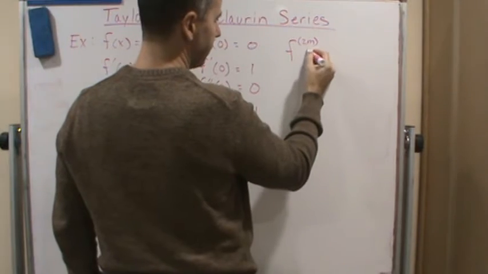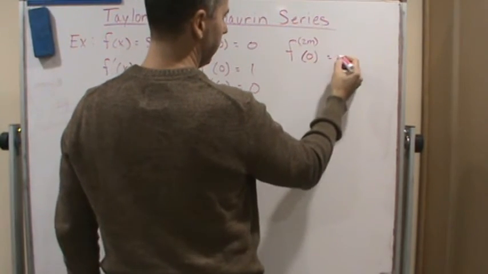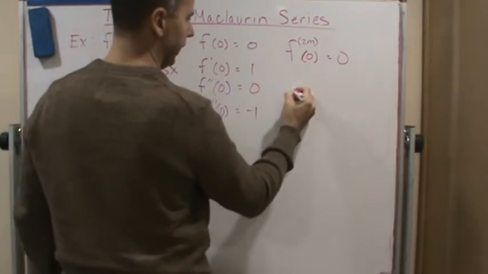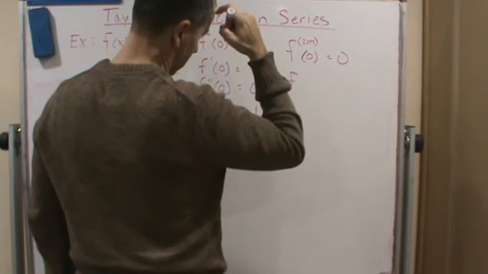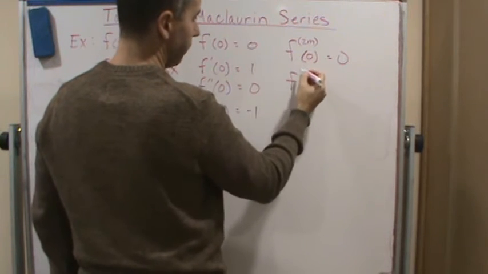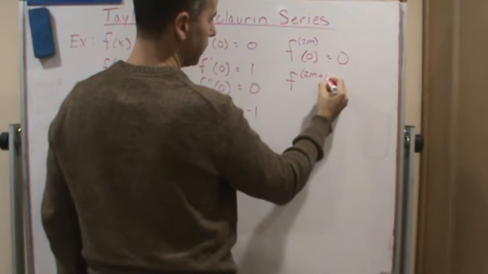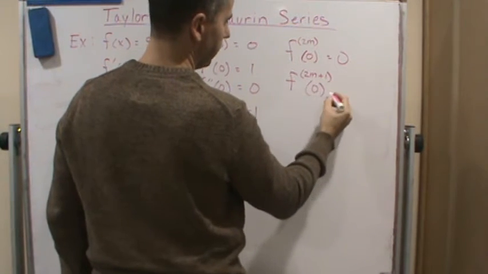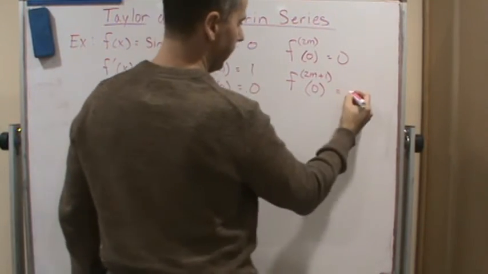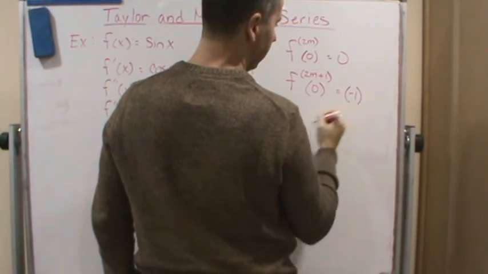So for this, the derivative of 0 is going to equal 0. And for each derivative that's odd, which we'll do 2m plus 1 of 0, it is going to equal negative 1